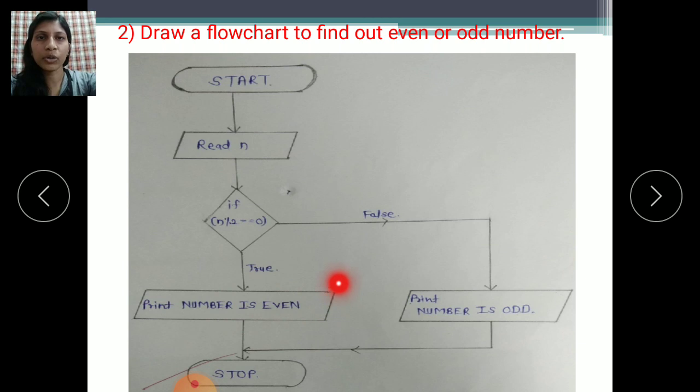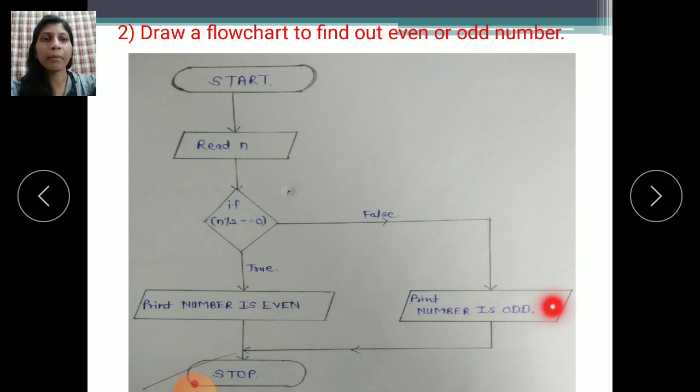If that number is not divisible by 2, meaning its remainder is not 0, its remainder is 1, then that condition is false. So the true part is skipped and the false part will execute. Print the number is odd, meaning whatever number you have given to the computer is an odd number.